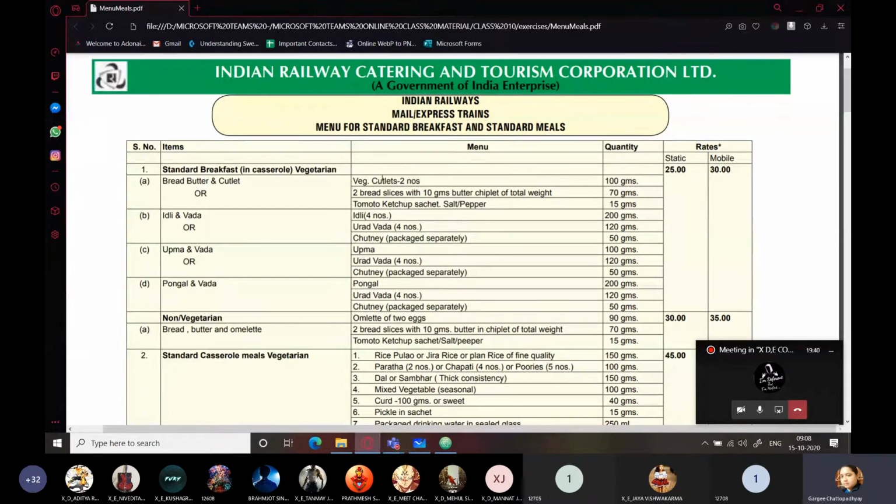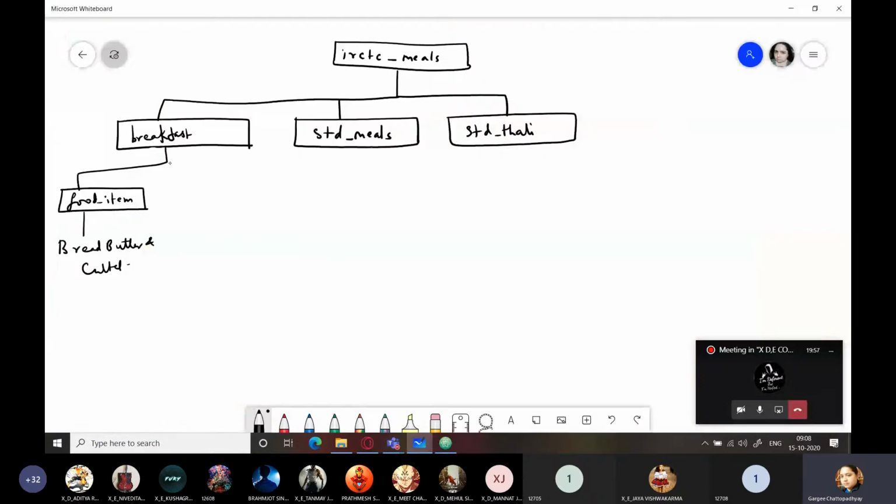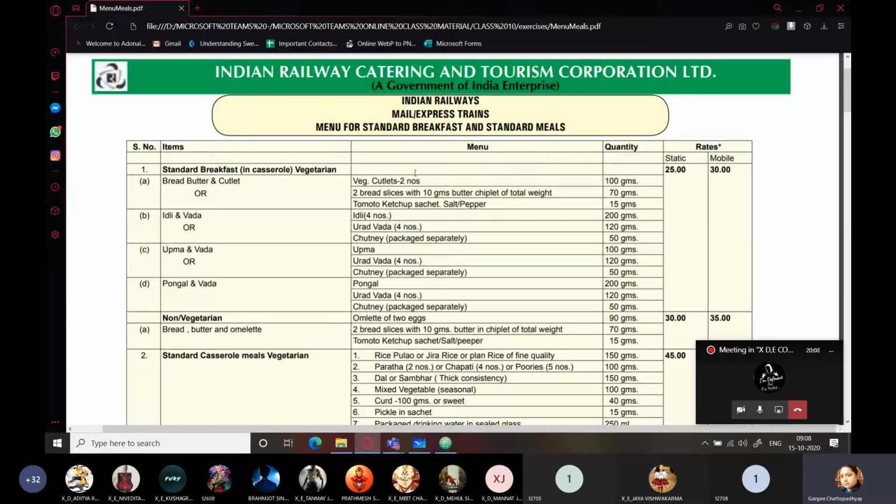Next, there are three demarcations or 3 sub items within this. So how will you write this? For this, I will be taking another element and I will be writing description over here. This is the description. Okay, that is what it contains, right? This is the name. Under this you will get these 3 things.